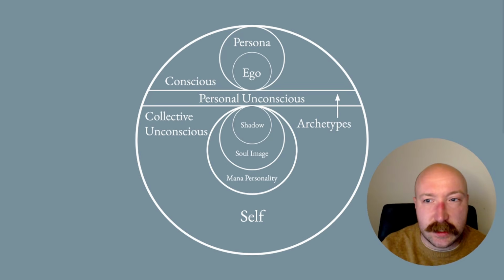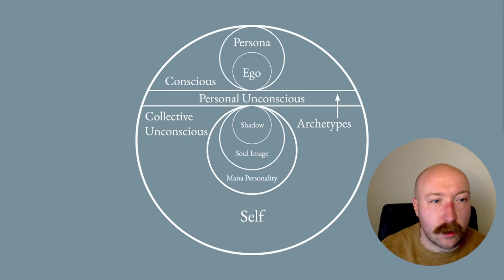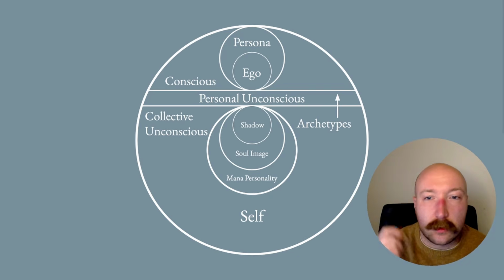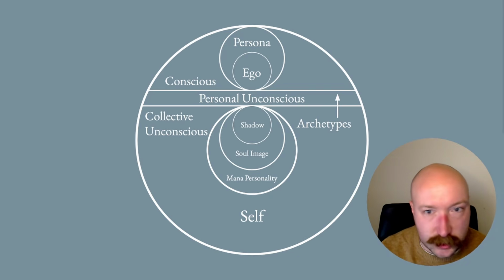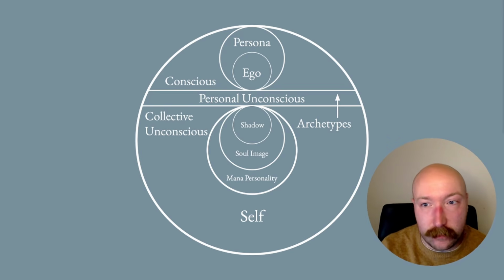But this is really what Jung considered his most important discovery, which is below the personal unconscious. As you can see, just to the left lies something called the collective unconscious. This is not personal. It's not formed by our individual experience. It's inherited, not learned, but built into the structure of the psyche itself.